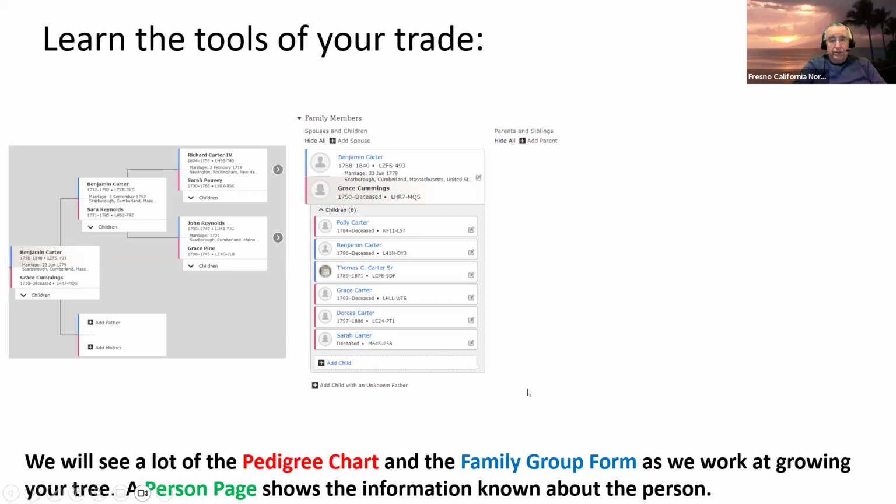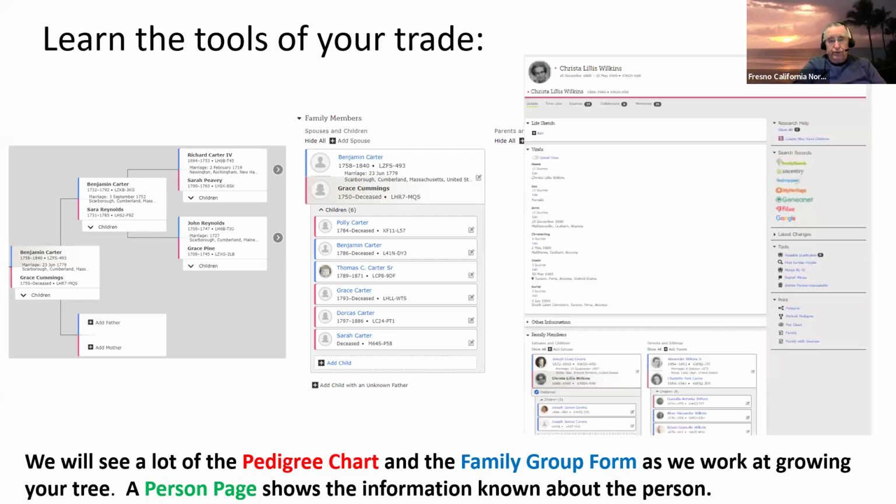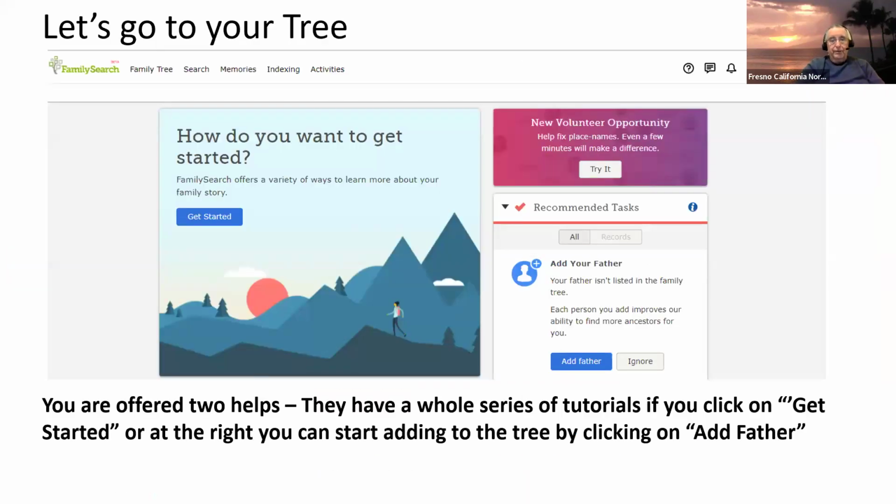When you want to see the details about a person, you'll click on one of the people in the tree. A card comes up. You click on where it says person, and their person page comes up. This is what a person page looks like. And it's there that we will add or edit the vital information, birth, marriage, and death, and that sort of thing, where we can see their families that they're in, both their family where they're a spouse and their family where they're a child. And so this is how FamilySearch is set up. We all know this.